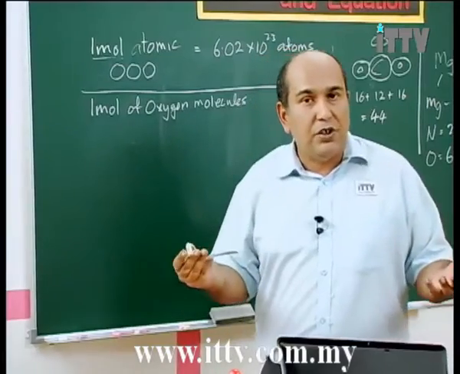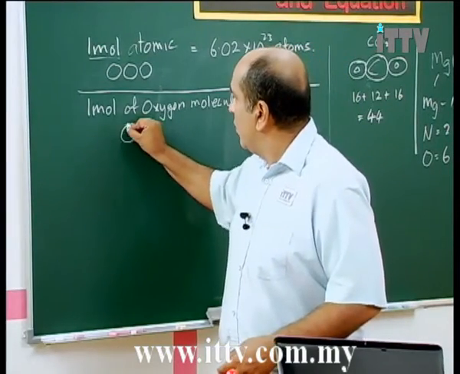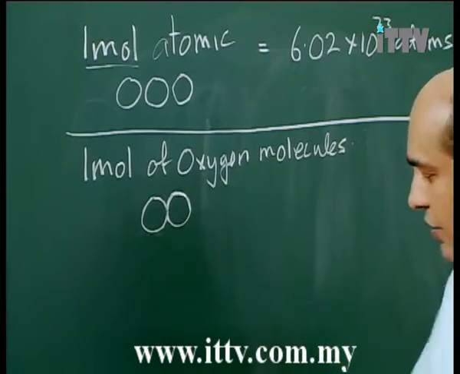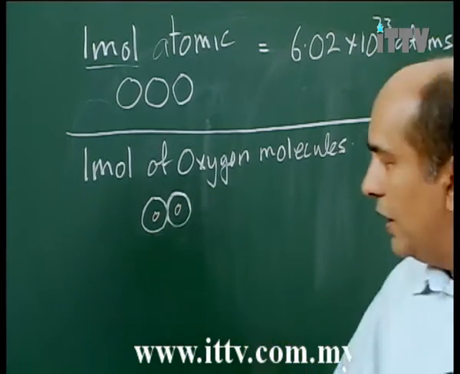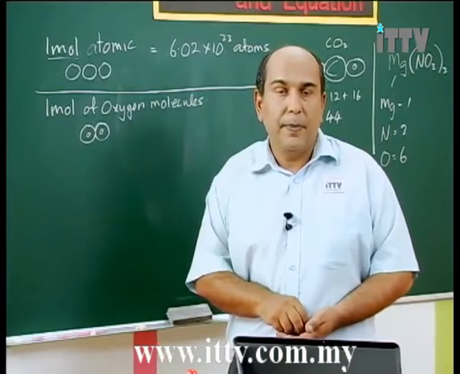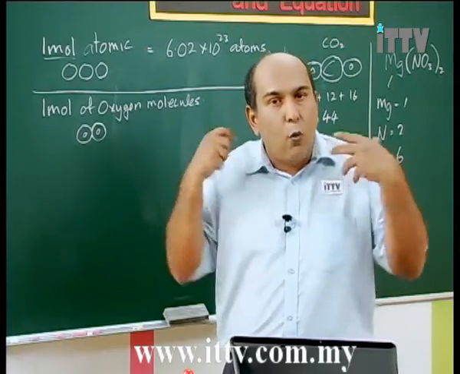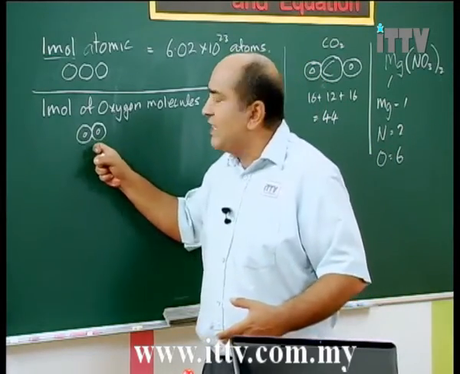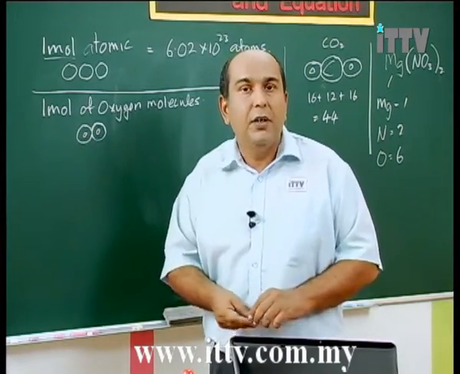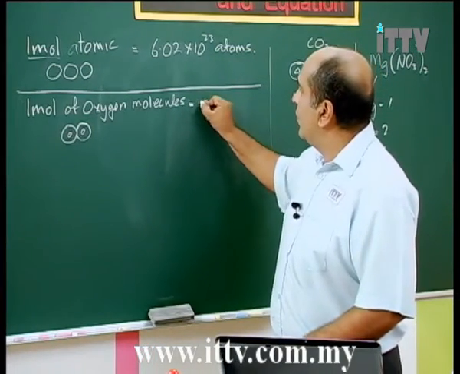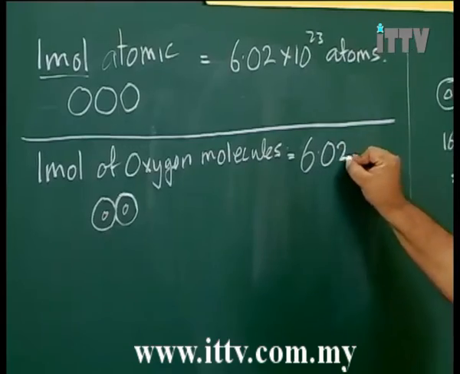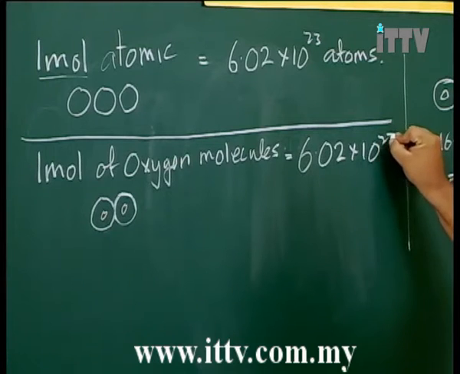Now remember, an oxygen molecule is just 1 oxygen and another oxygen combined together. Let's put the symbol O in both of those. There we go. That is a molecule of oxygen. If I have 1 mole, how many of these molecules will I have? Well, remember, 1 mole is Avogadro's constant. So I must have 6.02 times 10 to the power 23